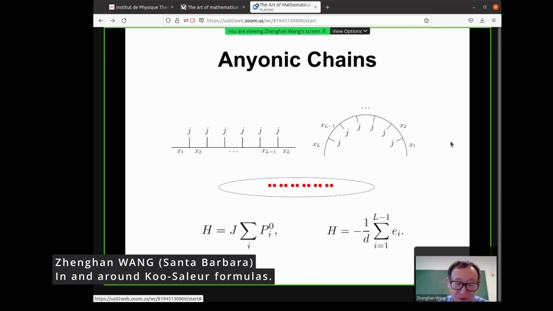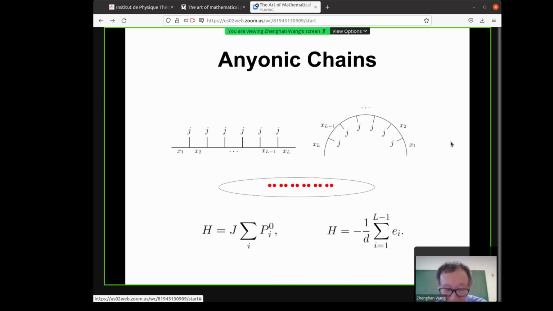And then you can write down a Hamiltonian for the interaction of the anyons by taking any two adjacent anyons and fusing them, and they will either go back to the vacuum or there's some other outcome. And you just penalize the non-vacuum outcome. So you want the ground state to be that the fusion of every adjacent pair goes back to the vacuum. And of course, you fix the anyon type. All the red dots are the same species of anyon. And you write down this projector Hamiltonian, and you can see this can be rewritten using the Temperley-Lieb generators e_i with some normalization.